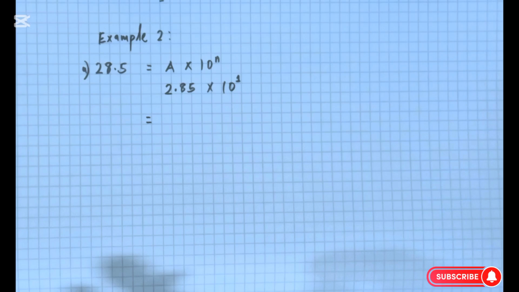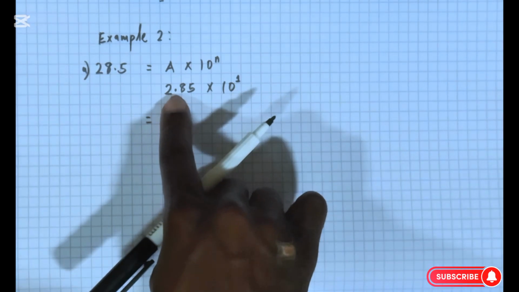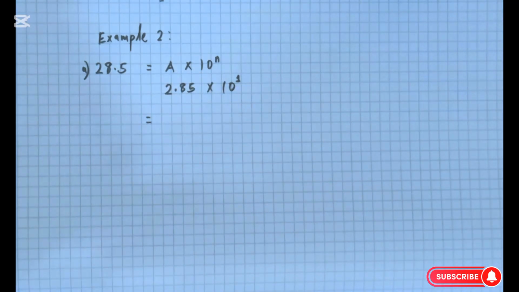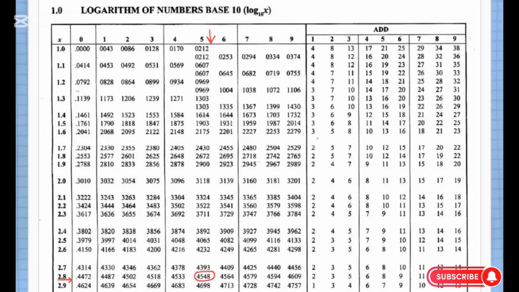So we are going to read the logarithm of 2.85 directly from the table. That means we're going to find 28, the first 2 significant numbers, from the x column. So we come there and we find 28 in the x column. Then to find the value of 2.85, we go to the midsection where we have 5. So that's going to be 28.5, which gives us